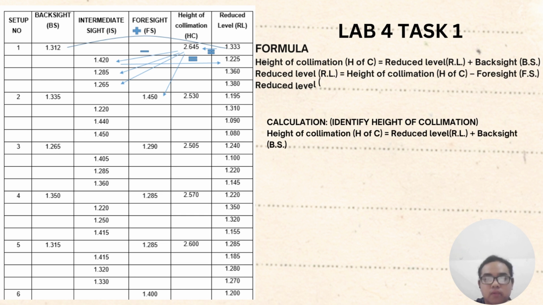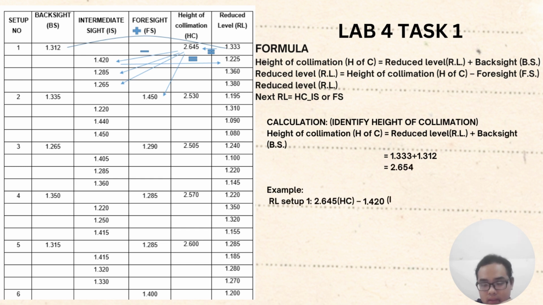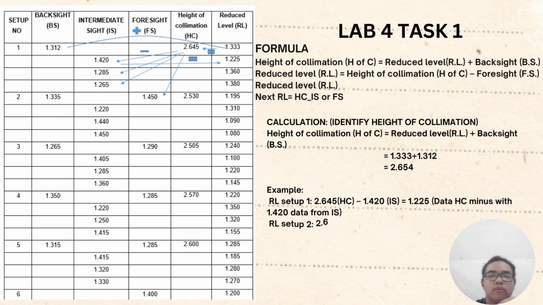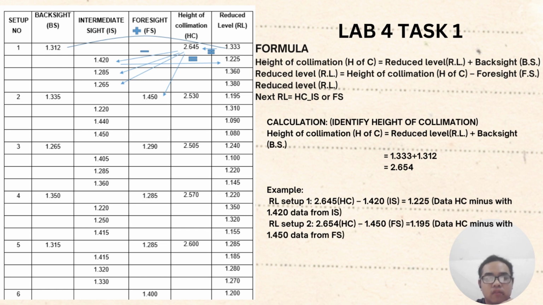For task 1, we will calculate the height of collimation, which is HPC, by using the BM of 1.223 meters as starting point. The formula of height of collimation equals reduced level plus backsight. After we get the first height of collimation, we will deduct the intermediate sight and the foresight. For example, the calculation of